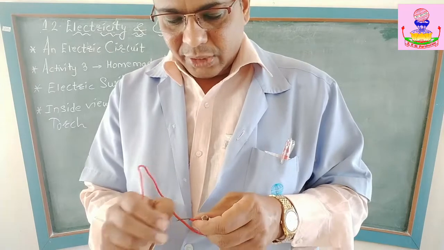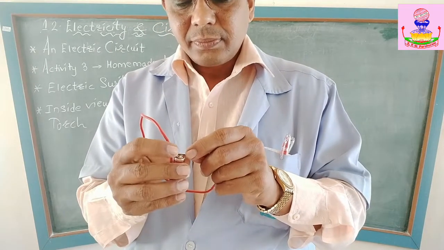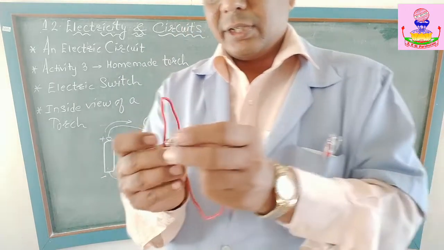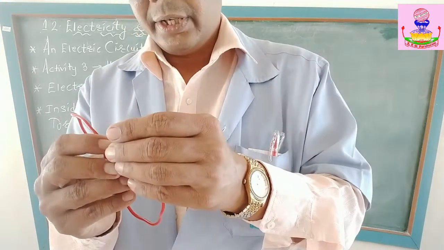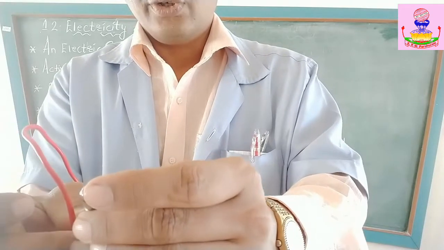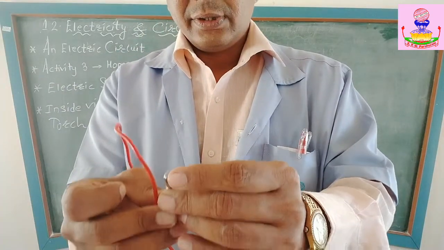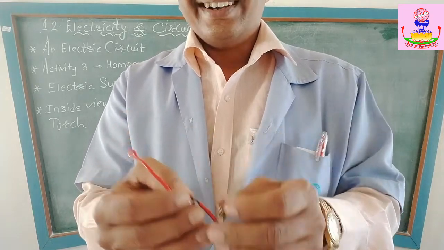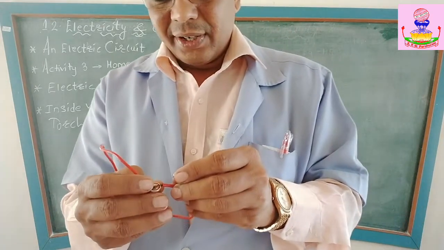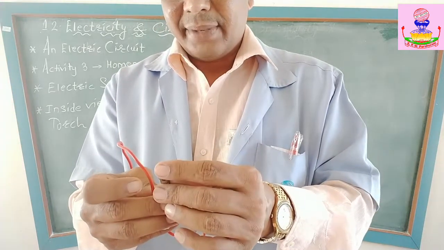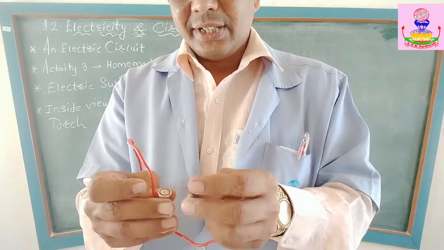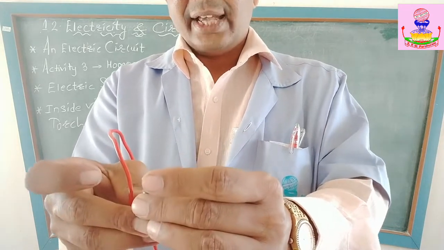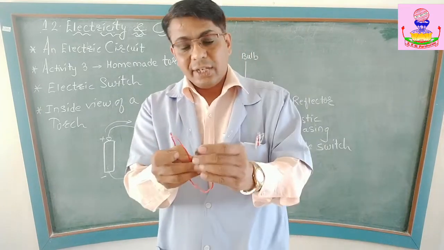I think the cell is not working. We'll try it. No, here I am not able to get the bulb glowing. Actually it should glow. Now what has happened? The cell might have gone out of order, because all the chemical reaction might have taken place as we have used it many times, and so the bulb is not glowing. Actually it should glow. You try it, it will glow.